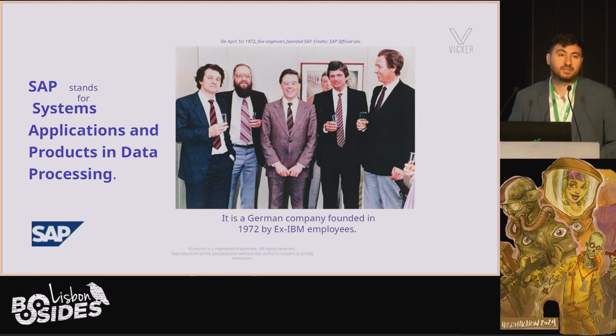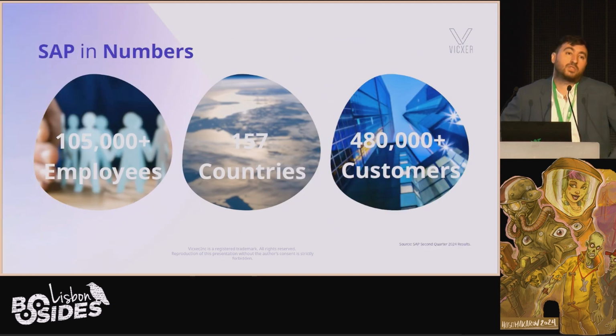And let me tell you, guys, this was one of the most successful business decisions in the history of modern software. Look at these numbers. SAP right now has more than 105,000 employees worldwide, and 2 days ago they even announced that they're going to be overhiring, like surpassing the expectations pretty much in India. They're going to be hiring and hiring more people. They are in 155 countries. If you look, I think the number of countries that the UN recognizes right now is around 222. Well, those guys, they are working in 157 countries.